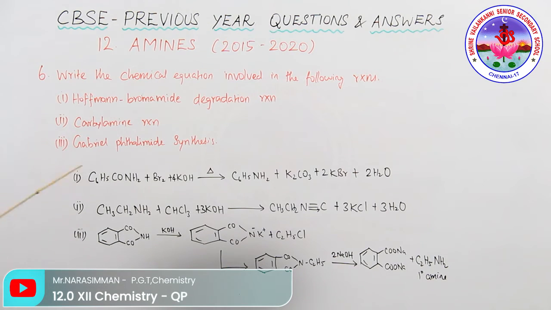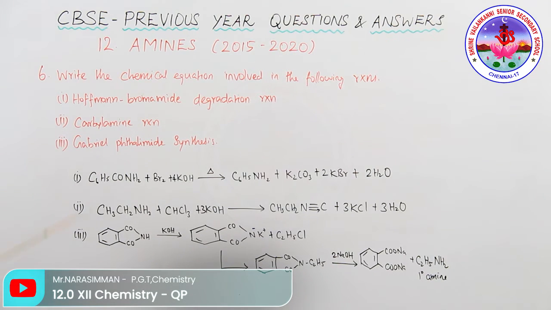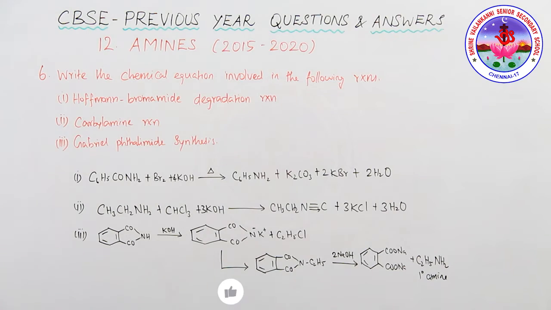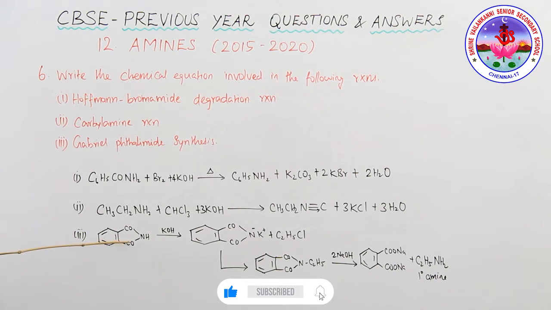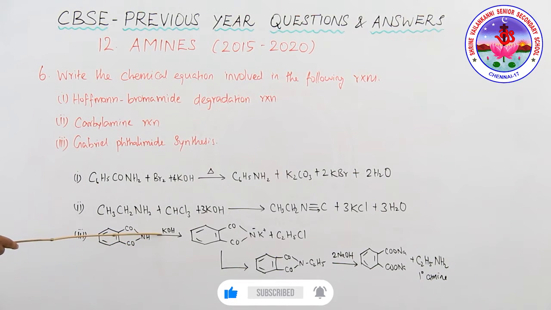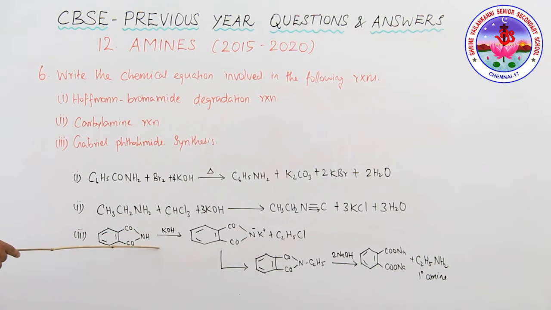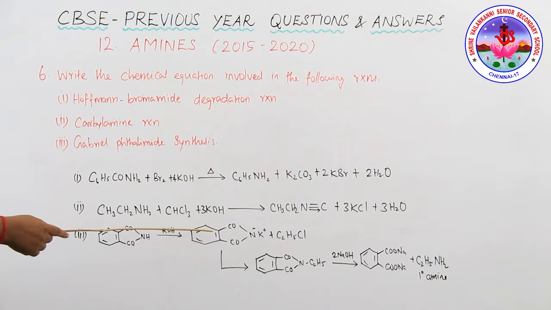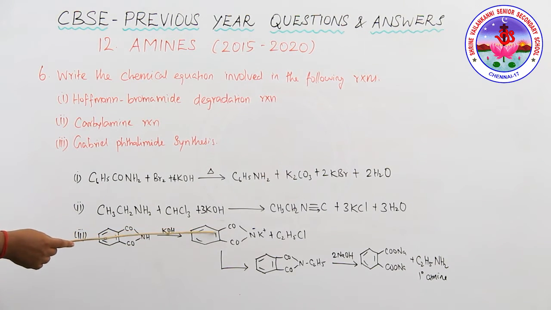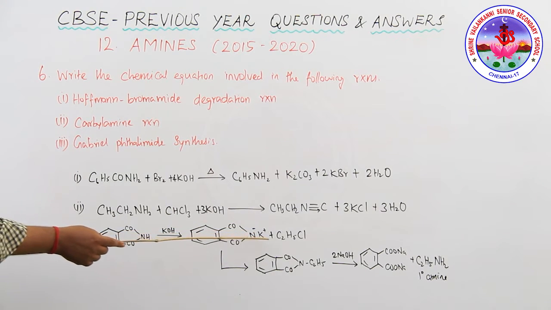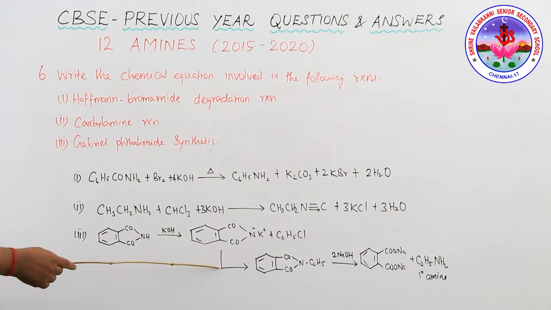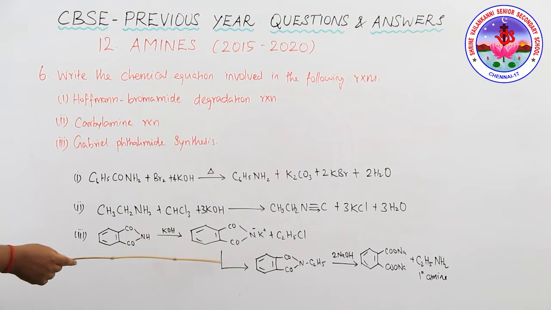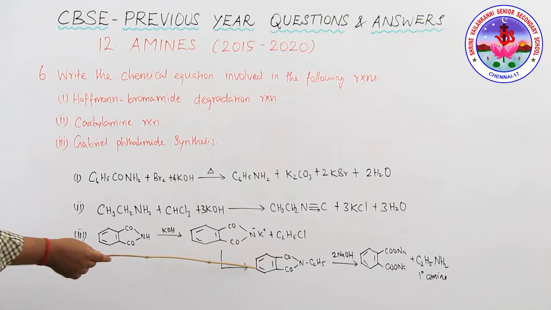So this is the carbylamine reaction. Next, Gabriel phthalimide synthesis. In this Gabriel phthalimide synthesis, the phthalimide reacts with the potassium hydroxide solution to form the potassium salt of phthalimide. This is the potassium salt of phthalimide. Then the ethyl chloride is formed. Again, this reacts with an alkyl halide, any alkyl halide, to form